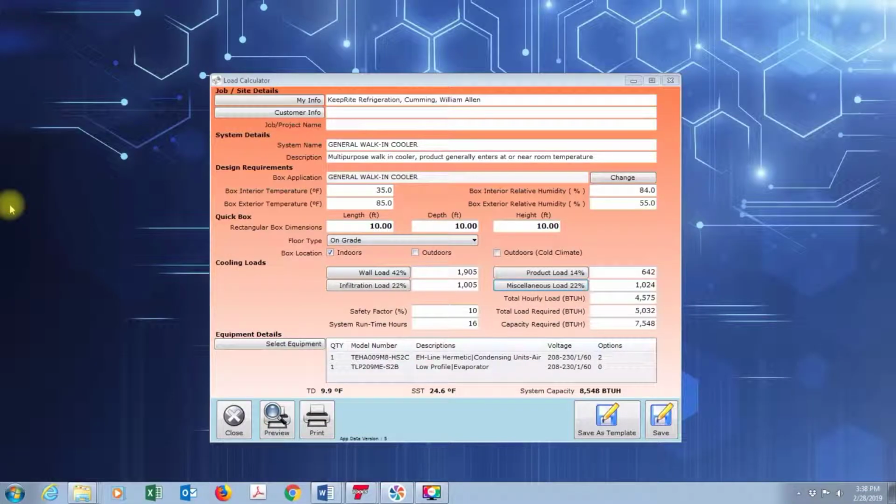Hello everyone. Today we are addressing evaporator motor count and how to add a process motor in the Trenton Refrigeration Load Calculator tool located in the Trenton Refrigeration Design Tools package, which can be downloaded from the Trenton Refrigeration website. This tutorial is a continuation of the previous tutorial using the same 10 by 10 by 10 cooler application at